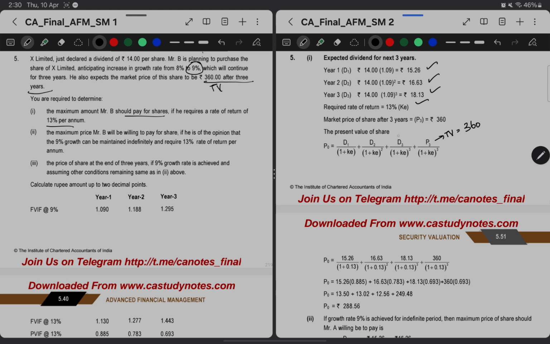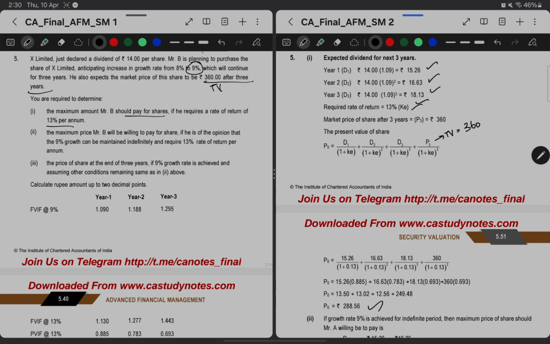Then discounting with 13%, we are getting a value of 288.56, which will be the maximum amount Mr. B will pay for the shares. Now going to the second requirement, the maximum price Mr. B will be